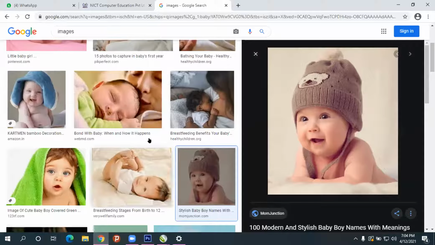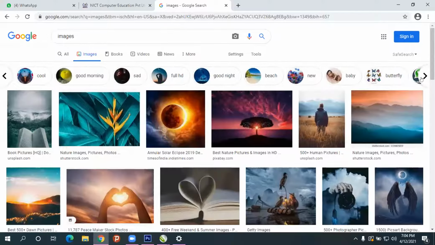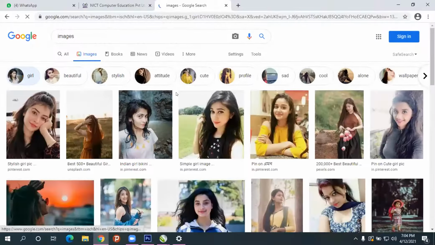Instead of this, I'll choose some other photo. All these effects are under what option, sir?